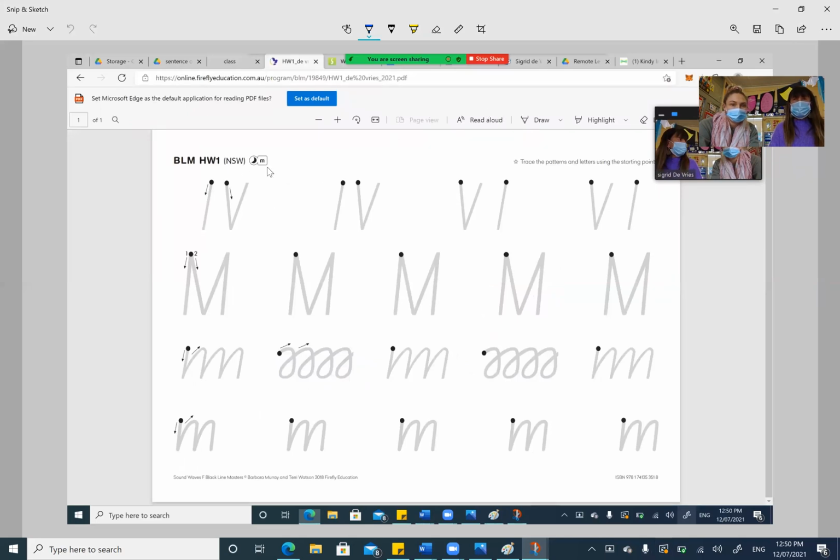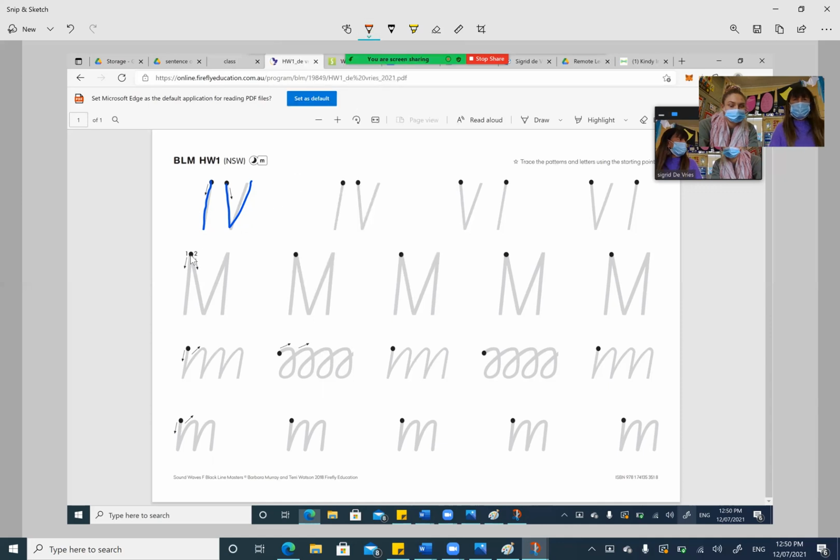All right. Now, what I'm going to do, I'm only going to do the first one as an example, and then I'm going to allow you time to finish it off yourself. Okay, choose a pencil. Look down at your page, start at the top and down. Beautiful. Okay, start at the top, down and back up. This is preparing us to write the capital M or the uppercase M. Okay, let's go down to the next line. Choose a different color.